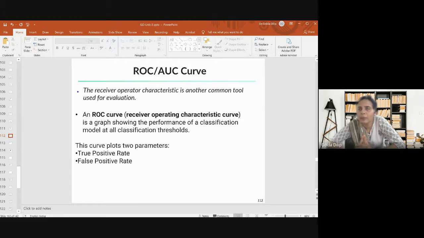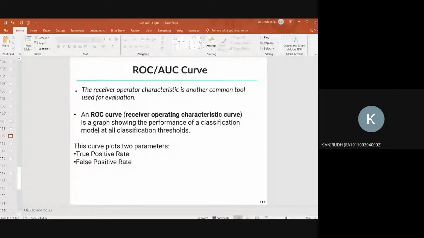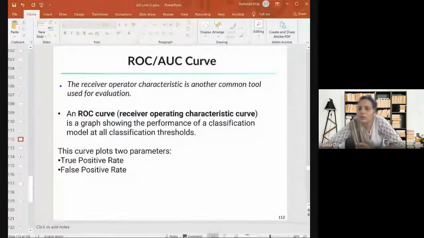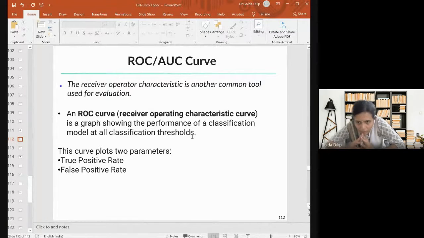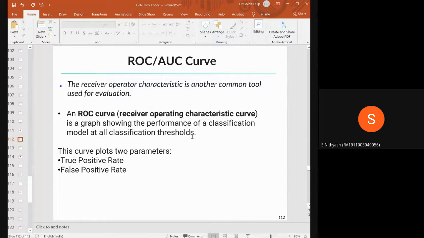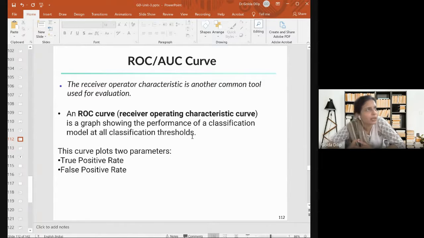Are people not doing NPTEL courses here in this class? NPTEL course? Yes, ma'am. People are not doing the data science for engineers course? We've come across ROC. In which week does ROC come? Week number 7 or week number 8? Week 7, ma'am. The same concept. So I think people are familiar, those who have done your ML course or data science course.